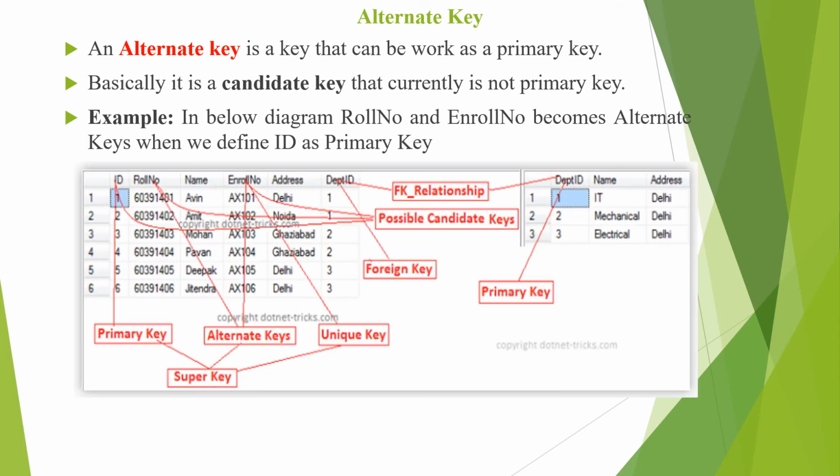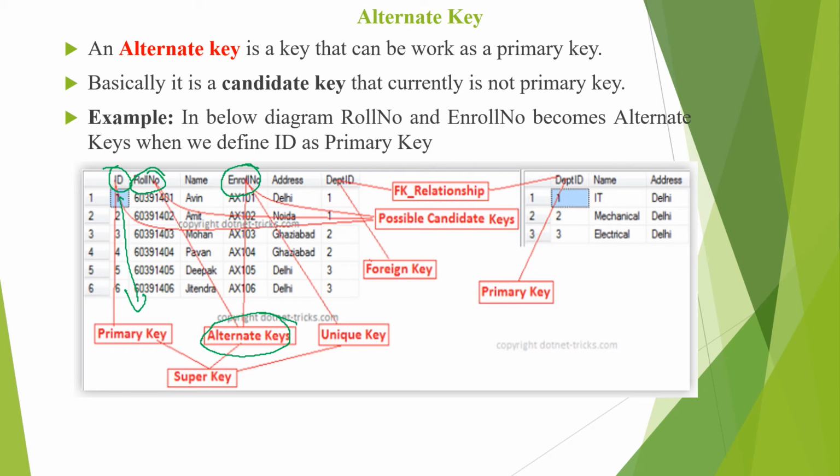When we define ID as a primary key, then the remaining two attributes, roll number as well as enroll number, can be alternate keys. You can see here, ID we have already made the primary key.